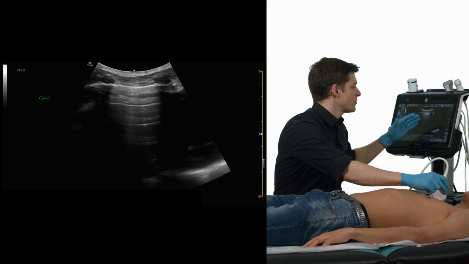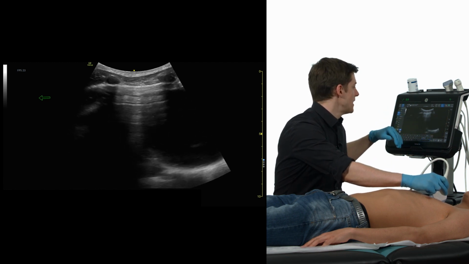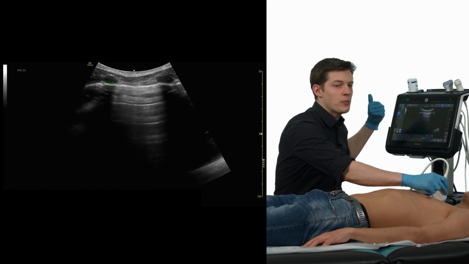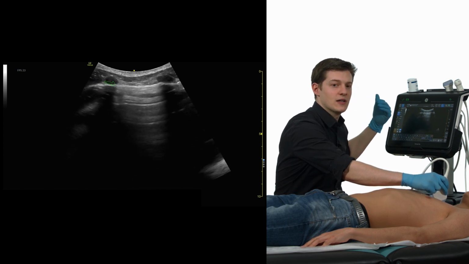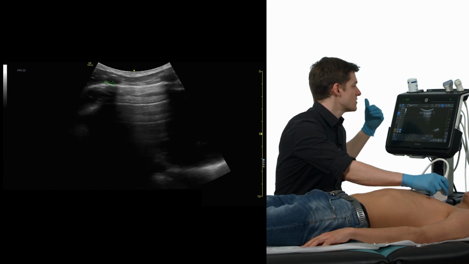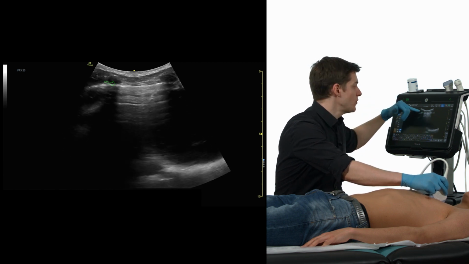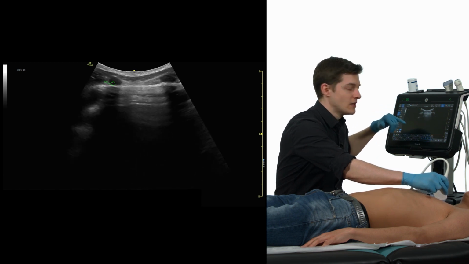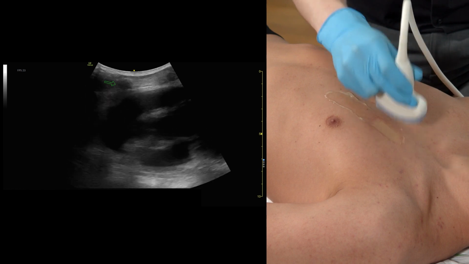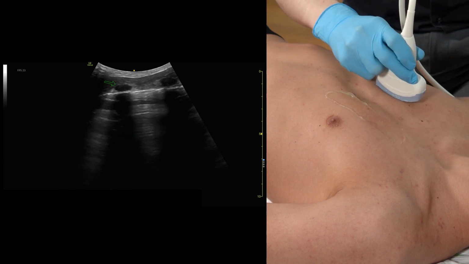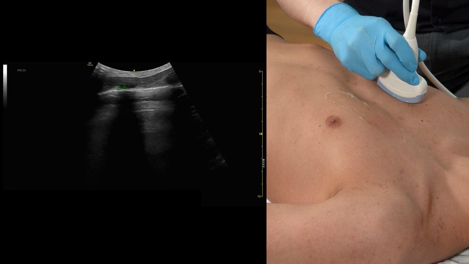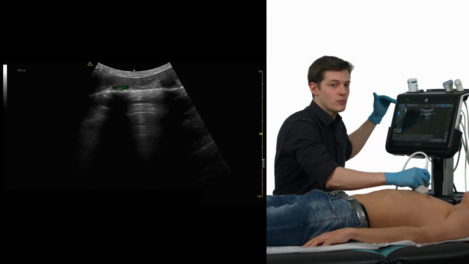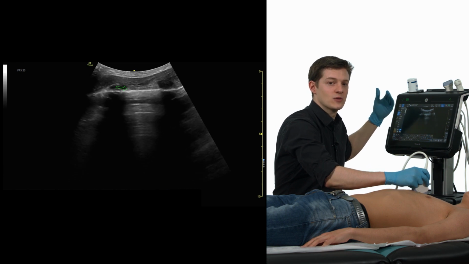optimize the depth to approximately 5 to 10 centimeters, and then in a point of care setting just look for this hyperechoic line which resembles the pleural line, and look for lung sliding. So as long as something is moving in this area, you can rule out pneumothorax. You do that on the left side and on the right side as well, and here you see the same image. You have two ribs and rib shadow and the moving pleural line, which is pleural sliding, to rule out